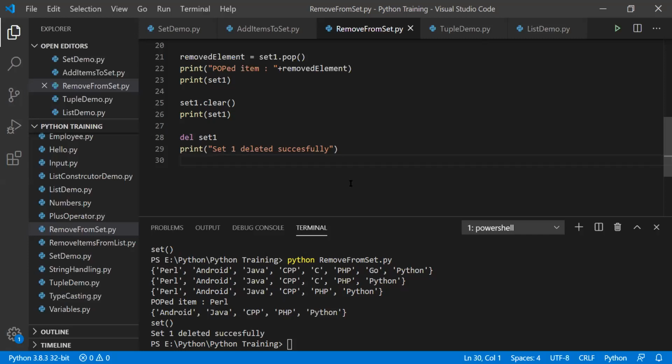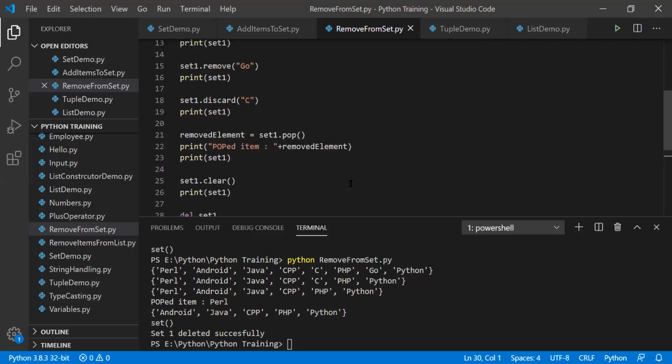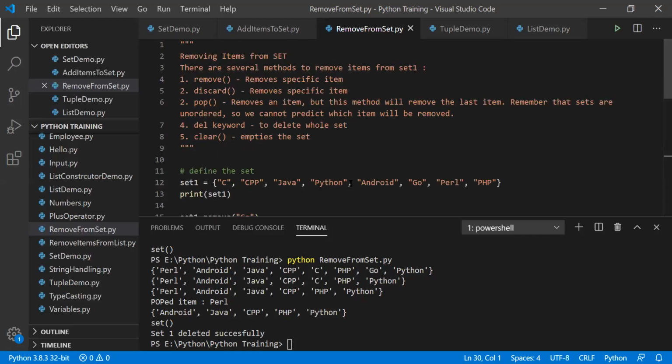So this is how we can deal with tuples and sets. I hope you have understood these two topics. I think there should be no confusion, these were simple topics. If you have any doubts or questions, do let me know.